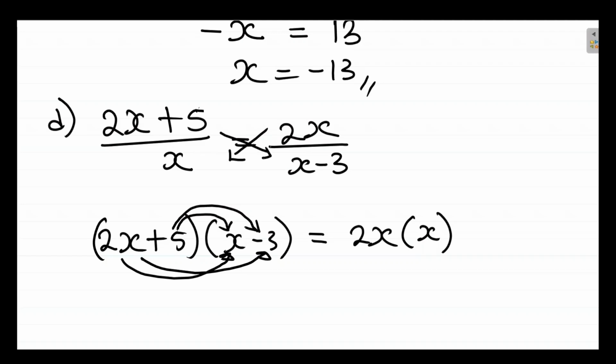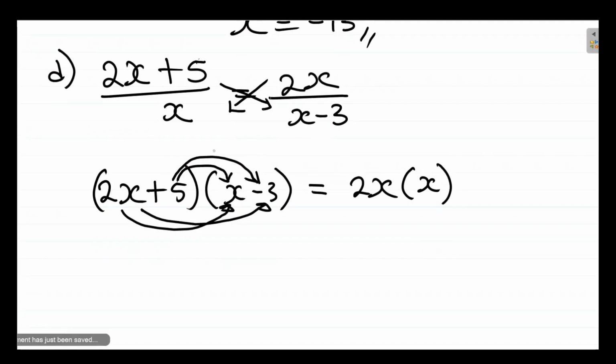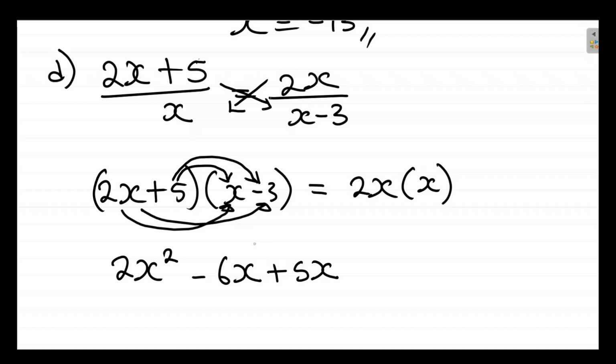So if we do that, we have that 2x times x is 2x squared. 2x times minus 3 is minus 6x. 5 times x is 5x, and 5 times negative 3 is negative 15, equal to 2x times x is 2x